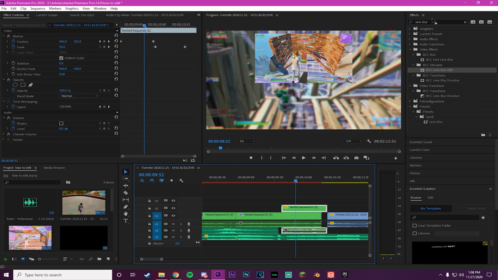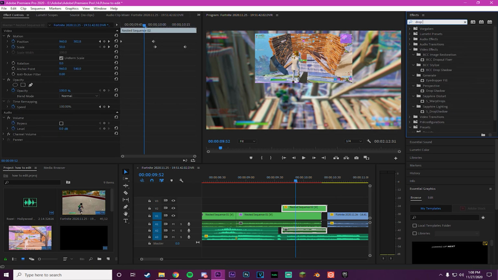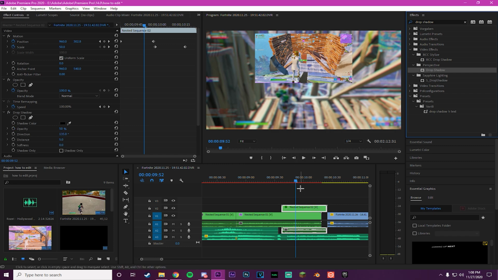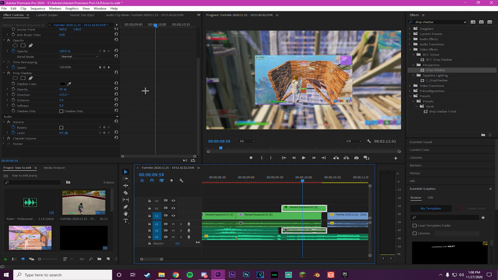So right around here, we're gonna add a drop shadow onto this. So just a regular drop shadow. Drag the perspective drop shadow. No plugins required for this one. Boom. And what I'm going to do is you have to change the opacity to max, so 100. Turn up the softness a tiny bit, maybe like